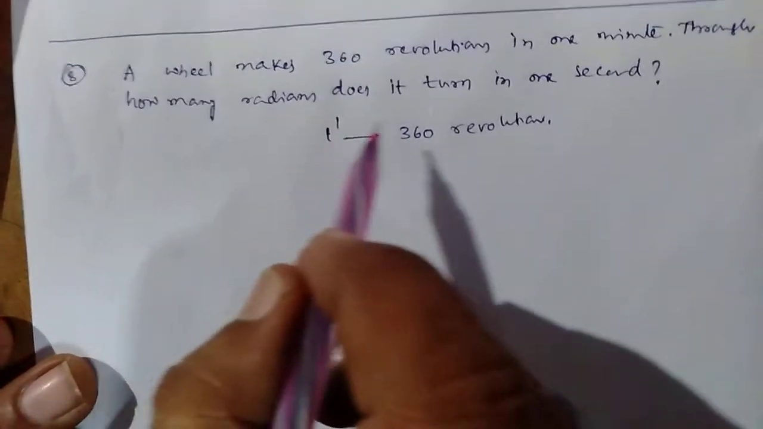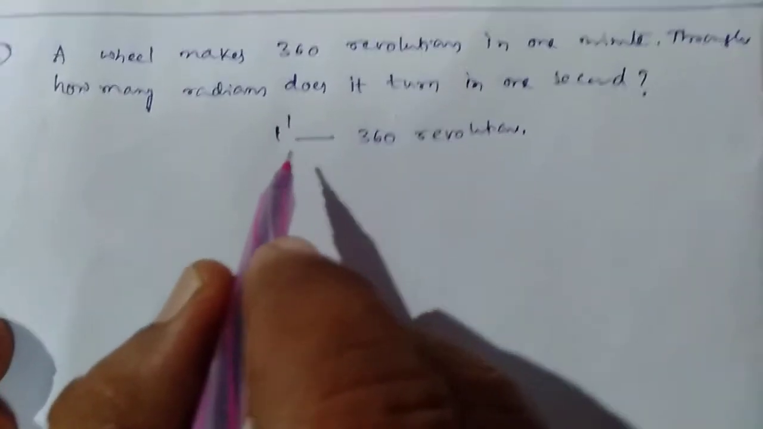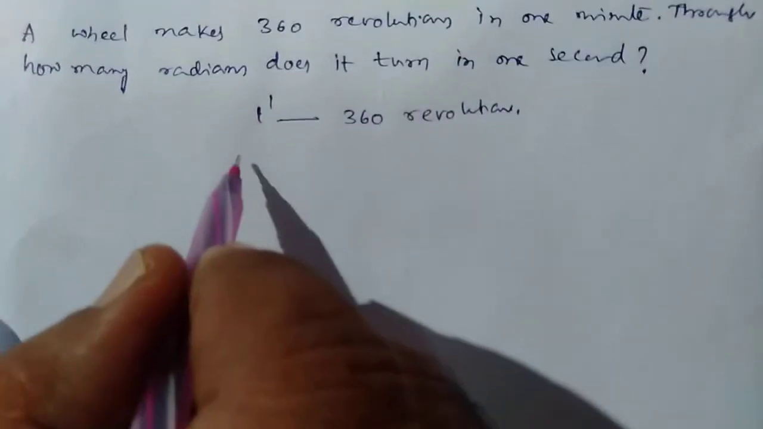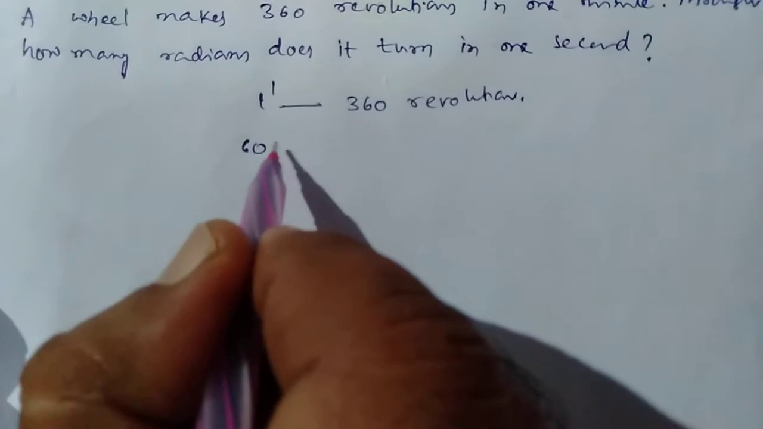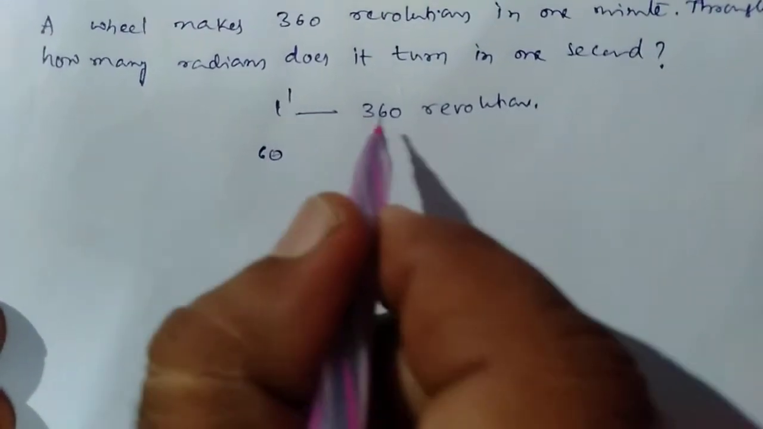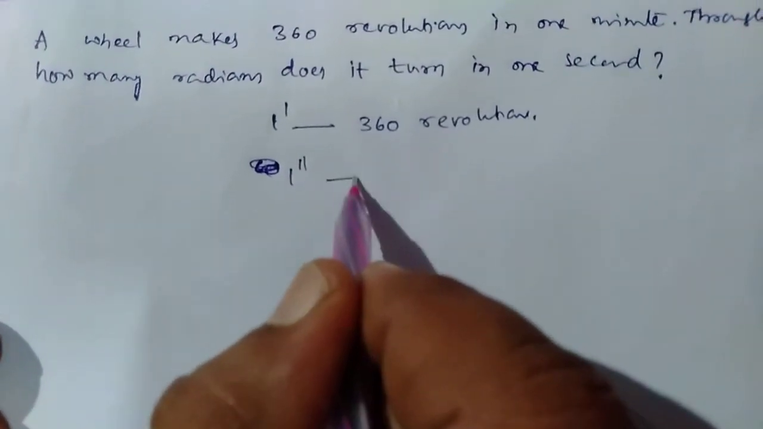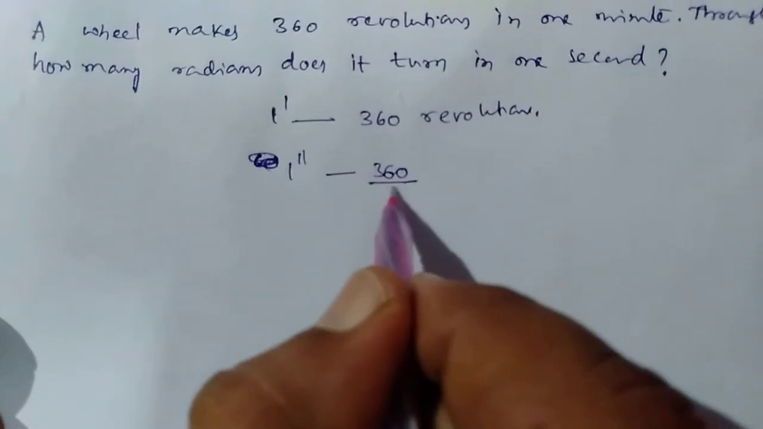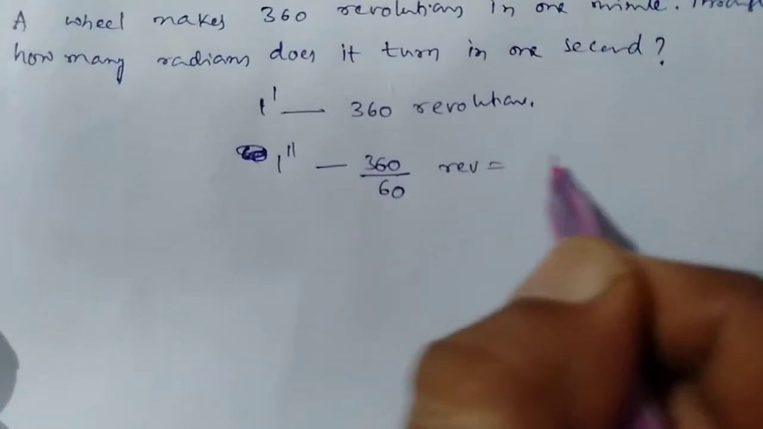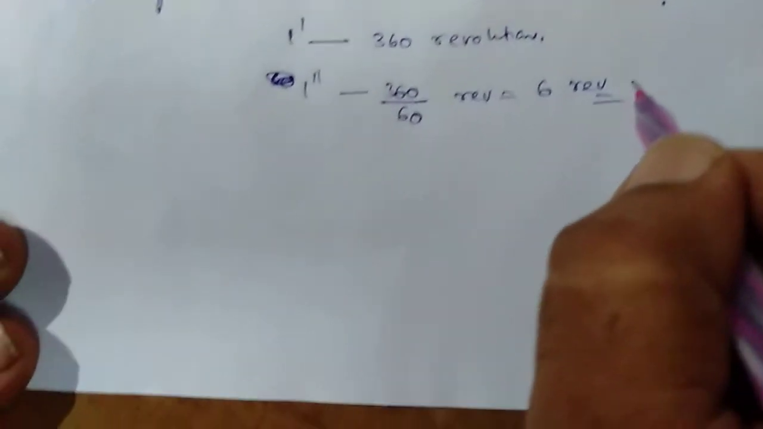So our question is, how many radians does it turn in 1 second, we have to find out. So 1 minute, 360 revolutions, means in 60 seconds it makes 360 revolutions. In 1 second it becomes 360 by 60 revolutions, that is equal to 6 revolutions. In 1 second it makes 6 revolutions, but we have